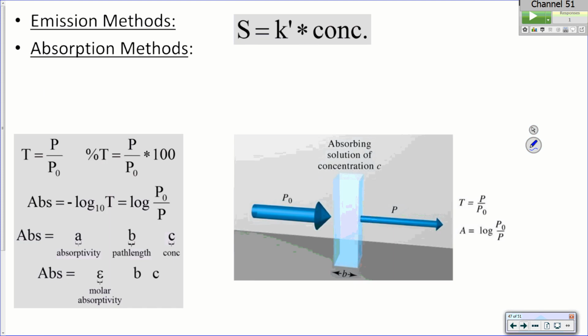All right, so emission versus absorption. Emission is the simplest in terms of equations. Signal is directly proportional to concentration, which we measure as signals of power, so we simply plot the signal versus concentration, and it's going to be a straight line. It's linear. In absorption techniques, that's what we're looking at in these other 2 guys.